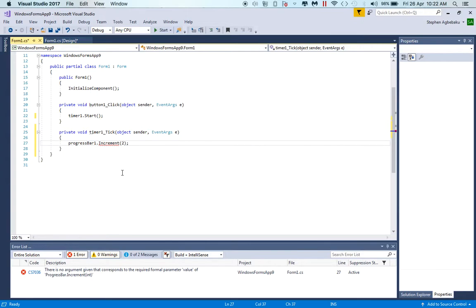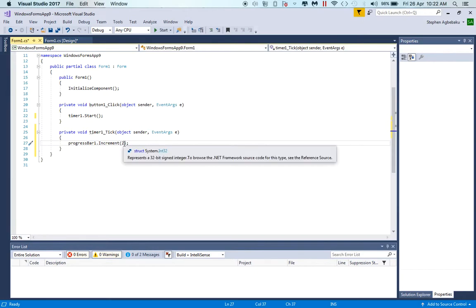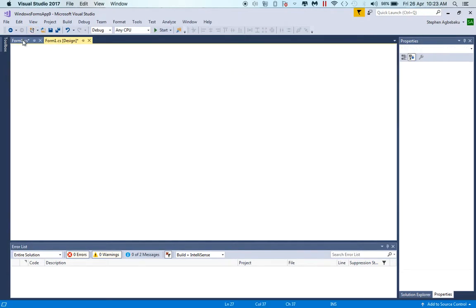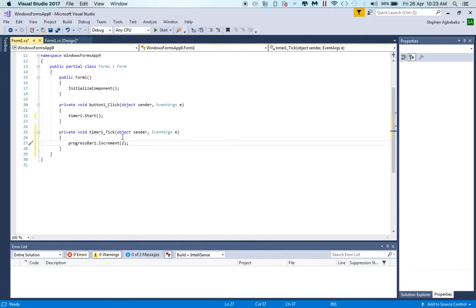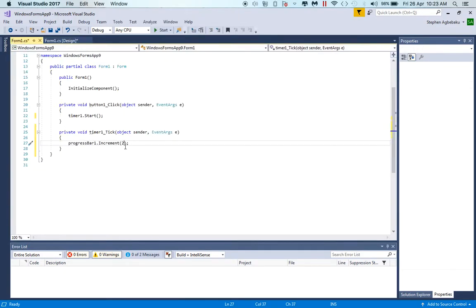So this code where we have the increment, basically it's when the progress bar is counting to completion, the value you put here is the value by which the progress bar is going to increment. So if I have 1, it's going to go from 1 all the way to 100. If I have 5 here, it's going to go 5, 10, 15 all the way to 100, depending on how fast you want it to be. Let's just put 5 here for now. And the next thing we're going to do is